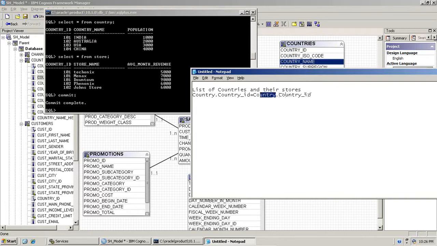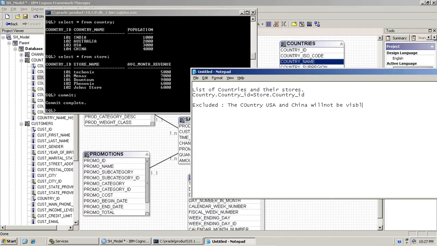By applying an equal join, the only information I can capture is the list of countries and their stores. It will display all those countries where stores exist. The other information would be excluded. In this example, if I apply an equal join, the countries USA and China will not be visible in my list,